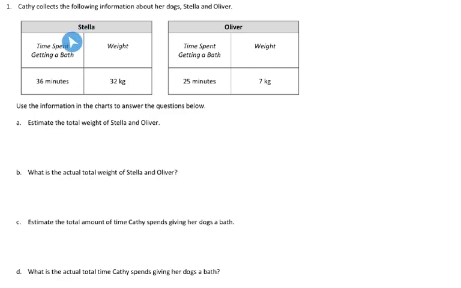So the information here is for Stella. Time spent getting a bath is 36 minutes, and her weight is 32 kilograms. Oliver's here, and time spent getting a bath is 25 minutes, and the weight for Oliver is 7 kilograms. So we're going to go ahead. It says use the information in the charts to answer the questions below, and A says estimate the total weight